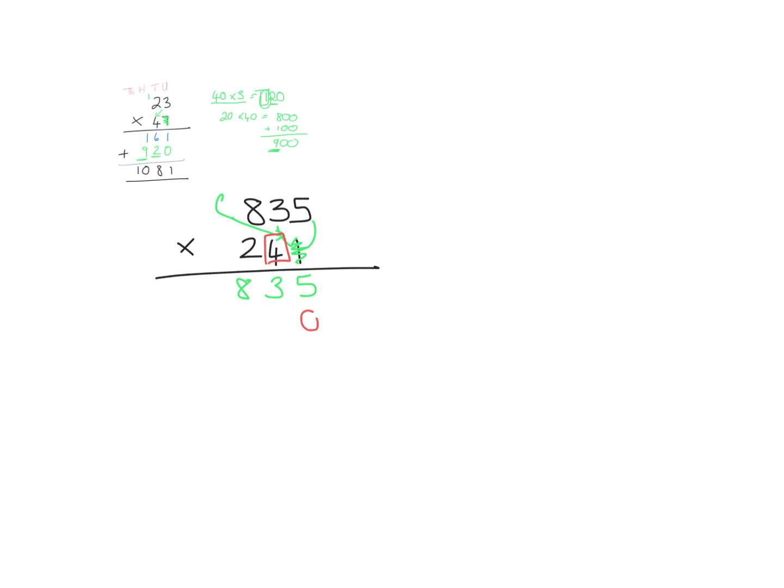We have to put our placeholder. 5 times 4 is 20. But remember, why do we carry over the 2 that we get? So the 0 goes there and the 20 goes there. Why? Because we're not actually saying 5 times 4. We're actually saying 5 times 40, and that equals 200. And now if you pay attention, 0 tens,